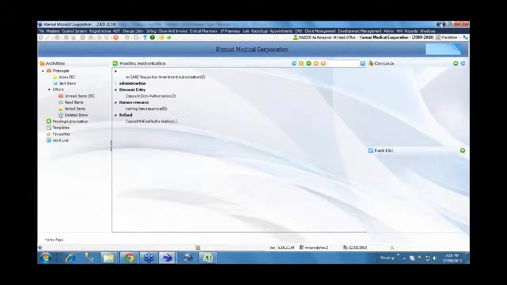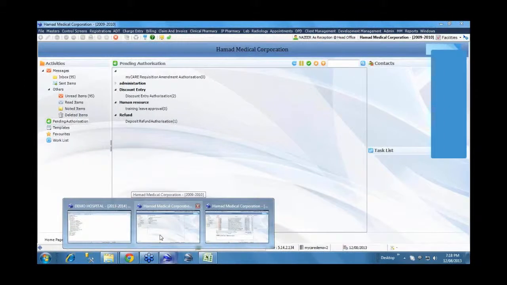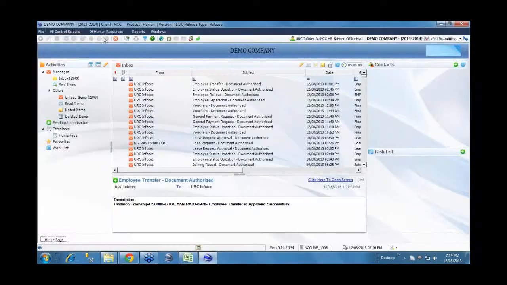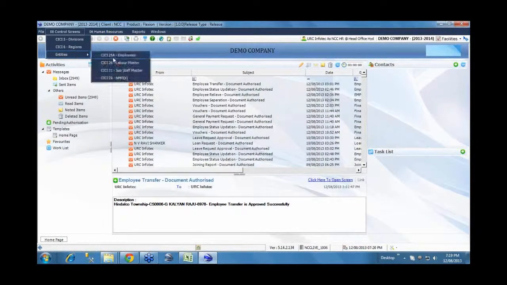Okay, so this is on the supply chain. Next we can move on to HR and payroll and see what we cover as part of this. As far as HR is concerned, can you open the human resource module and show the various options?